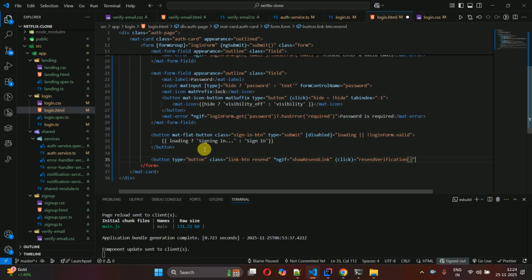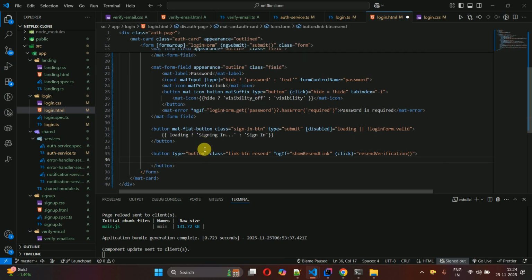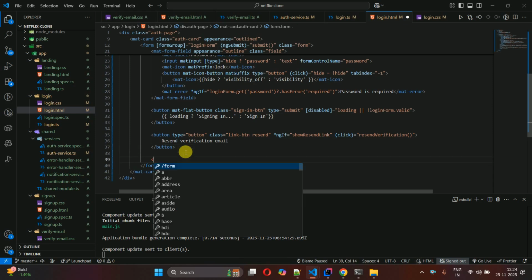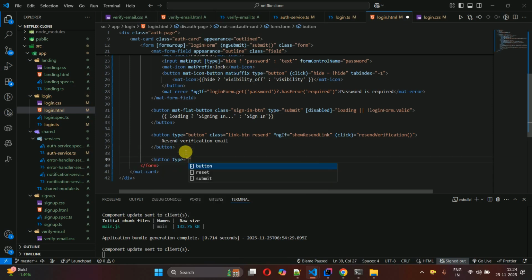So this method will be called over here, and inside we have to just pass the text. So resend verification email will be there. And after that, the next button is to forget password. So this dot button and class link btn and forgot, and on click basically call this forgot method, so this one, and let's close this forgot password